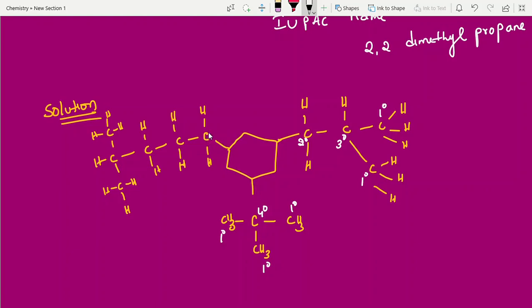Now this one here is 2 degree. Next this is also 2 degree. This is also 2 degree. This is what, students? Tell me. This is 1 degree. This down one is 1 degree. This is 3 degree, 3 carbons. That's it. Now even the ring also. Here this carbon is attached to 2 carbons, 2 degree. This carbon, 1, 2, 3, 3 degree. Here 2 degree. Here this is 3 degree. This is 2 degree. 1, 2, 3, this is 3 degree. Okay, this is the way we have to calculate primary, secondary, tertiary carbon atoms, and the next one, totally hydrogens also.